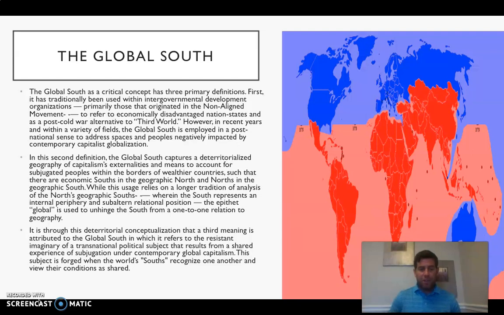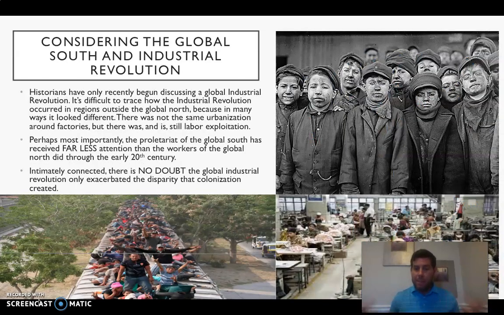And the third definition of the global South, which is really interesting, is this map shows you where we can visualize the global South being. But now scholars are starting to say, wait, there's global South even within the global North, right? Global South might refer more to groups of exploited people, mostly workers, than it does to actual territories, right? So, people talk about the global South being people who work for minimum wage in the United States. Are they part of the global South? Well, perhaps, because aren't they exploited in very similar ways to workers from across the world, right?